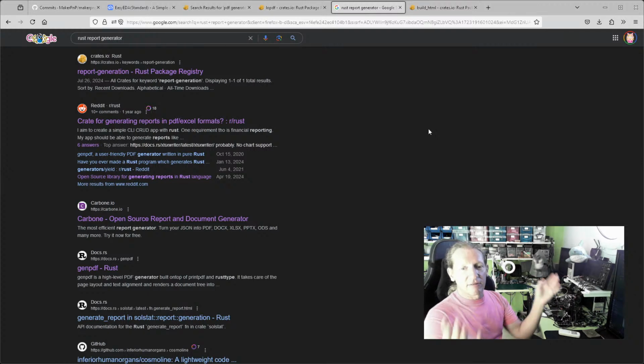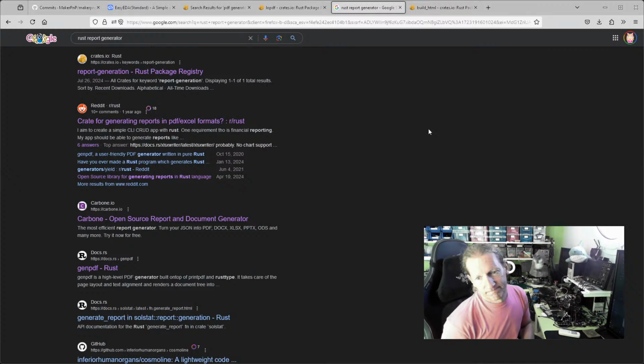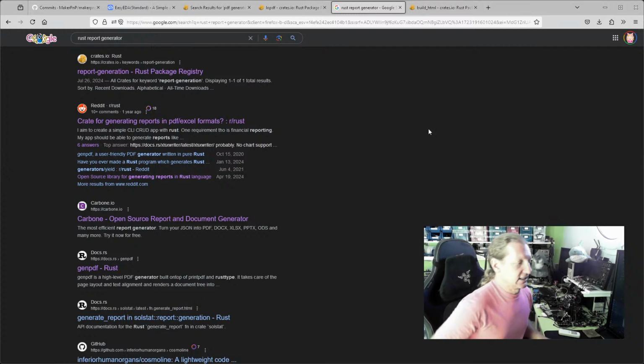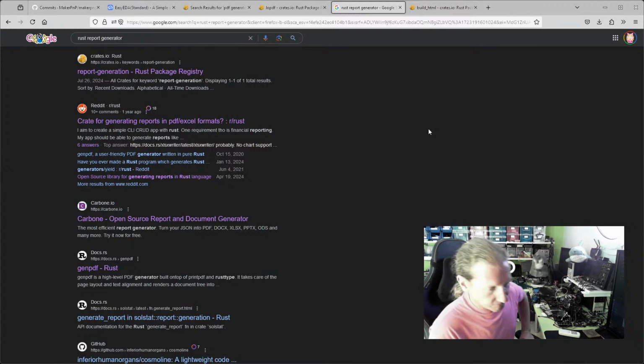Because there's a million different ways of taking, say, a structured object graph and creating JSON or XML or whatever from it, and then going from one of those formats to a final format like HTML or PDF or whatever, right? What we're interested in is the data and the structure of the data. So let's focus on that,